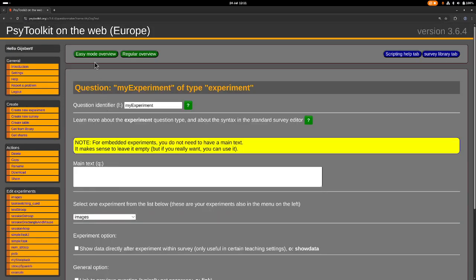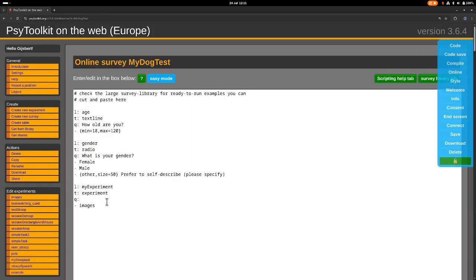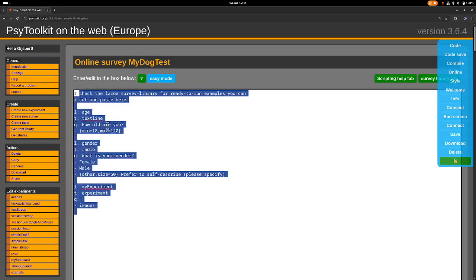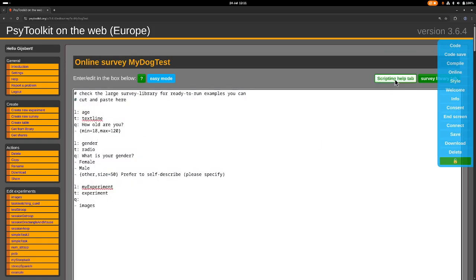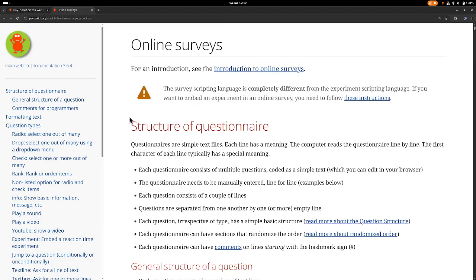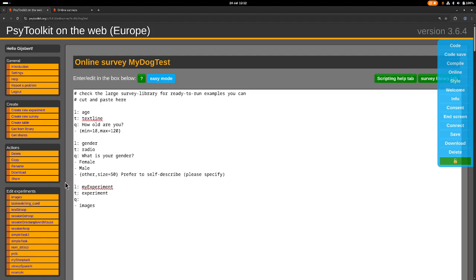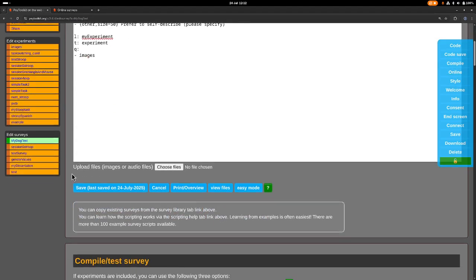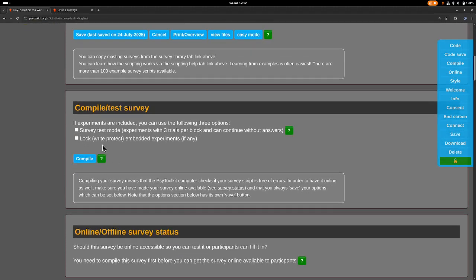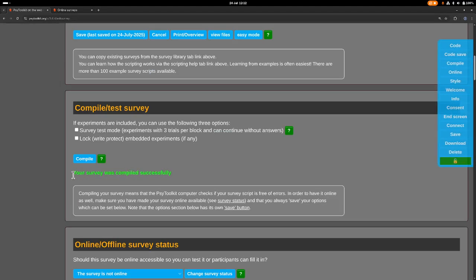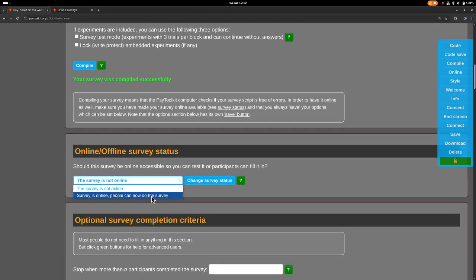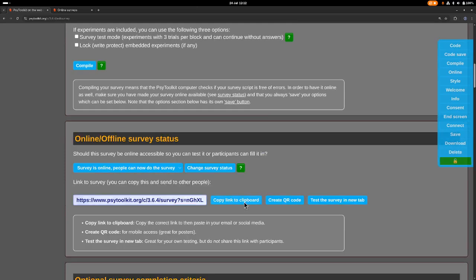Save question. Now I can also go to the regular overview with this more cryptic language. Read through it. If you want to know more on how this works, tip on scripting help. It explains how this all works. Now it's not yet ready to run. So in order to run it, you always need to compile it if you make changes. So you compile it, it says it was compiled successfully. That means it's runnable. We haven't yet made it online, so we make it online, change survey status, and now you get